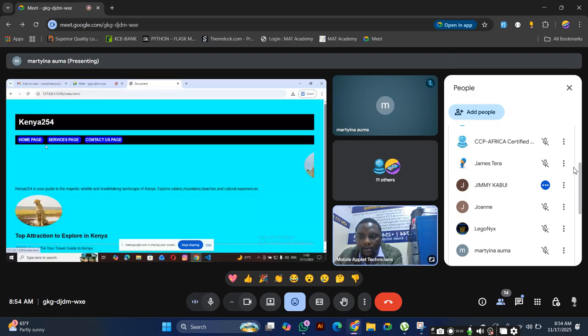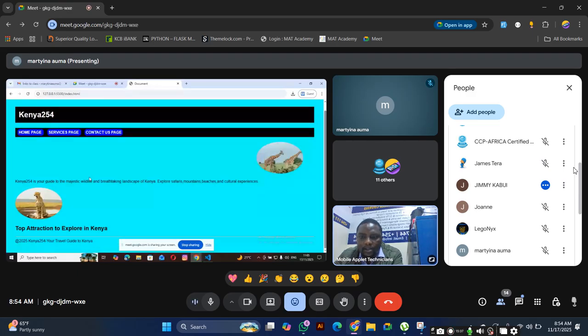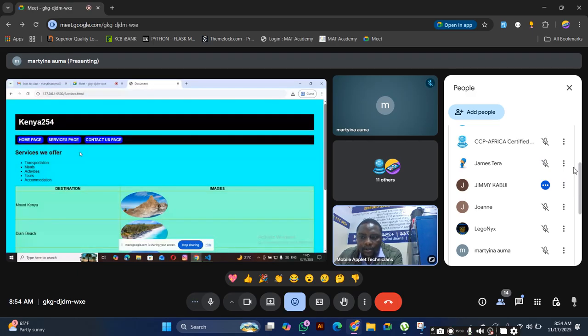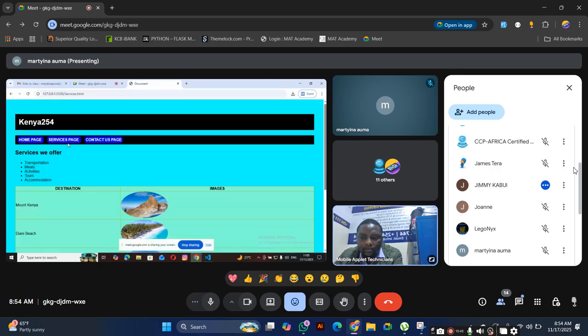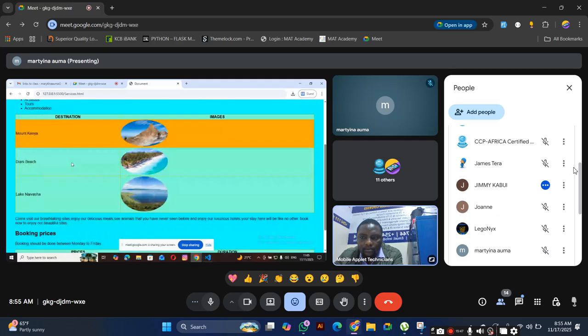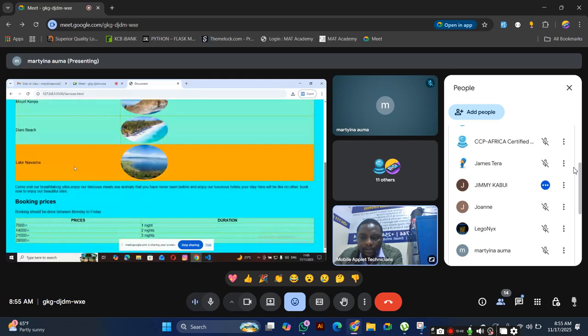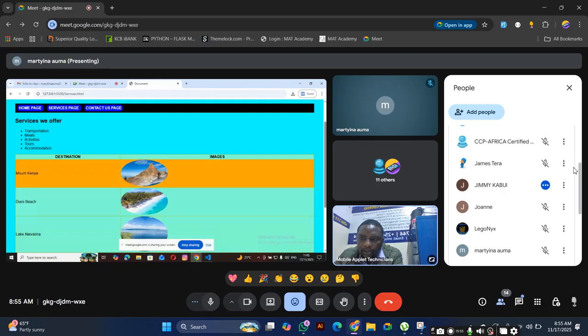Good work. This is the index page. Can you click the services? Very nice. This is services, like Naivasha, Diani, Mount Kenya.